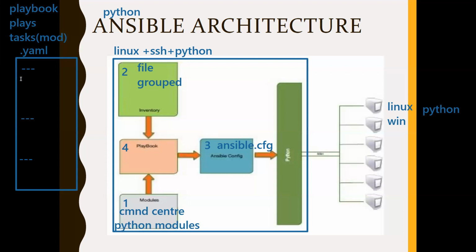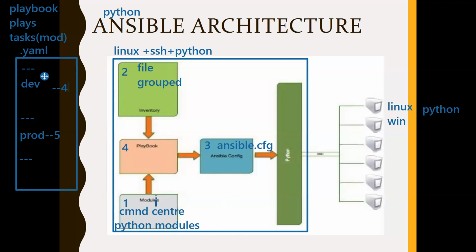Let me explain. What is a play? Let's say one play is targeting dev servers. Play 2 is another play targeting prod servers. How do you know dev and prod? It's connecting with the inventory as well, right? On prod, install so-and-so package version 5. Here, install version 4. So you are writing some tasks. You can have any number of tasks in each play. And every task is executed through a module, isn't it? So what is the playbook doing? The playbook is interacting with the inventory, interacting with modules, and getting all the global settings from the ansible.cfg file. The playbook in turn is working with all these components together.